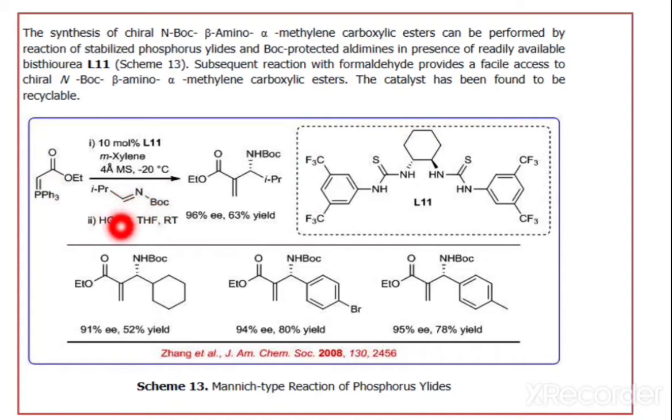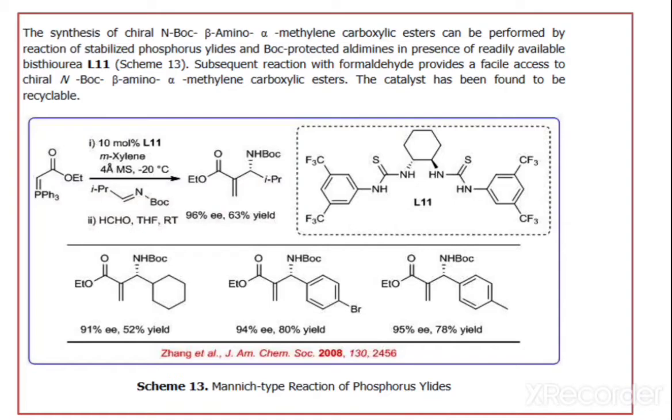Now we get this cyclic compound. Now cleavage of this one, and here we get this double bond. Now subsequent reaction with formaldehyde provides facile access to the chiral N-Boc beta amino alpha methylene carboxylic ester,